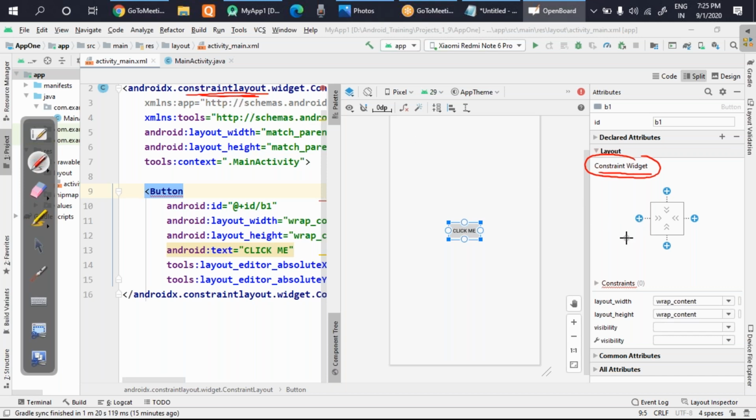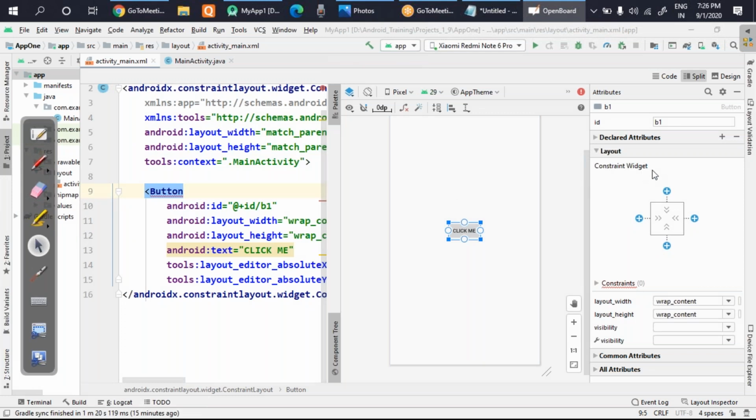In constraint layout, there are some important things you have to keep in mind. There are different kinds of layout which we will be seeing in a later class. But for the time being, this is the latest layout and also the easiest one. Let's see why it is the easiest and how simple it is to manage.